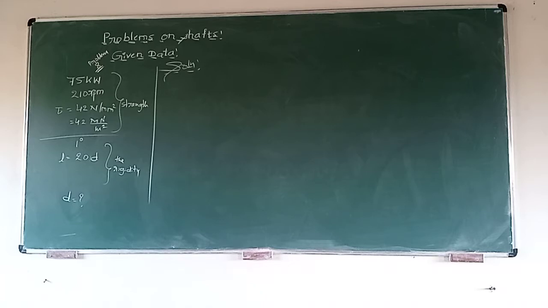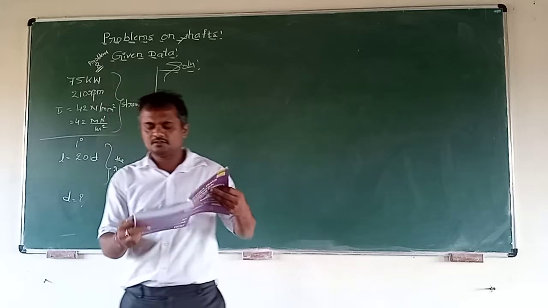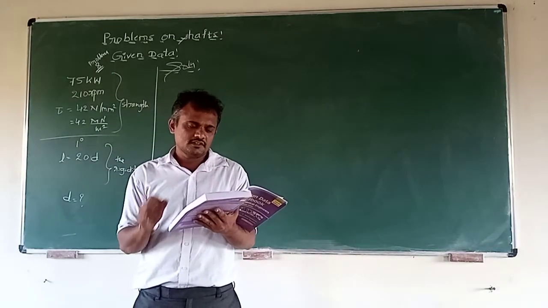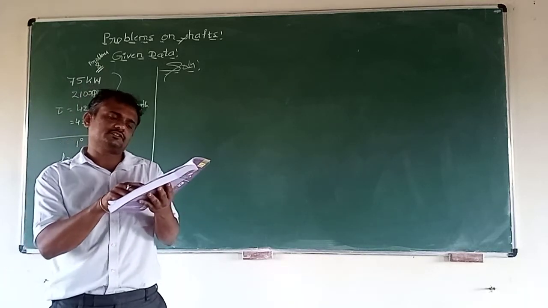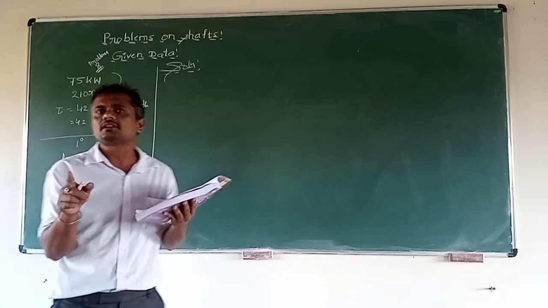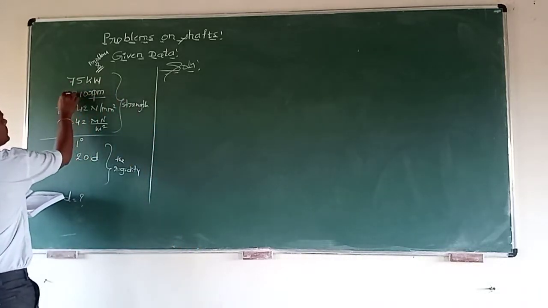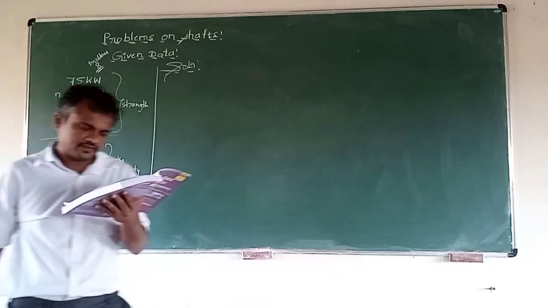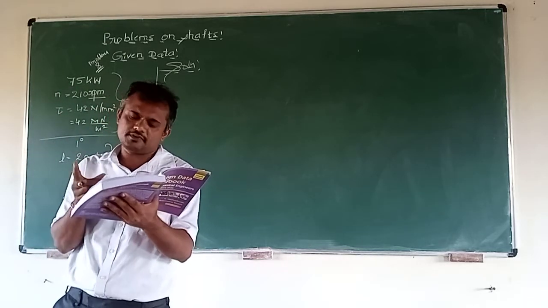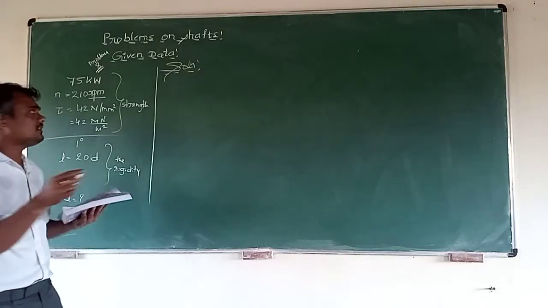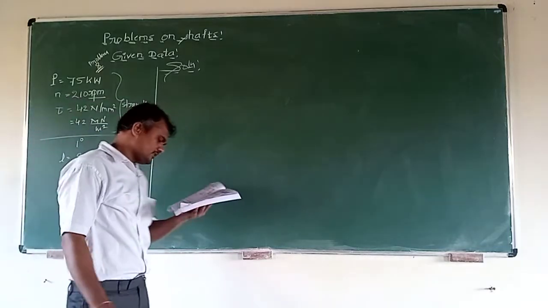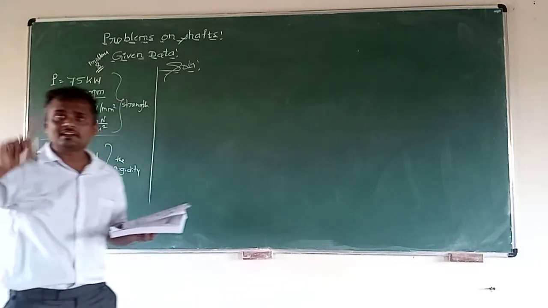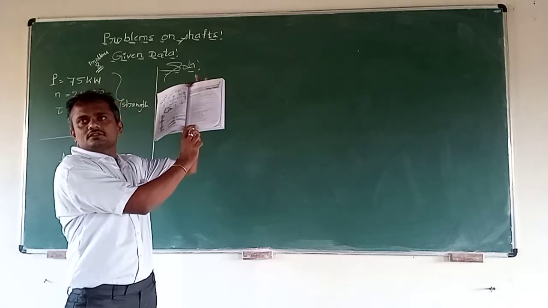Let me take the data book, please. In the data book, page number 49, as you can see, d is the diameter of a solid shaft, and small n is the speed of the shaft. The unit is rpm, already given, so we can take 210 rpm as small n. Power, its unit is kilowatt, denoted by the symbol capital P. Understood? Shear stress is given, and the angle of twist in degrees is given at the bottom of the data handbook.